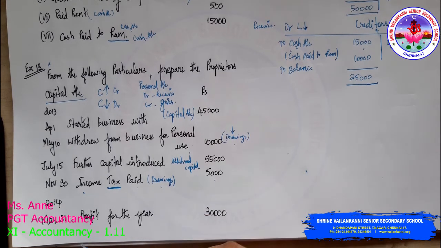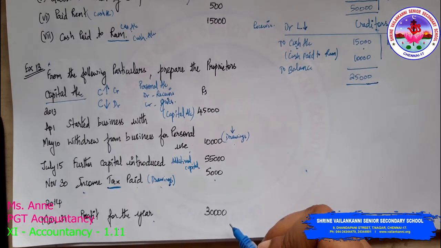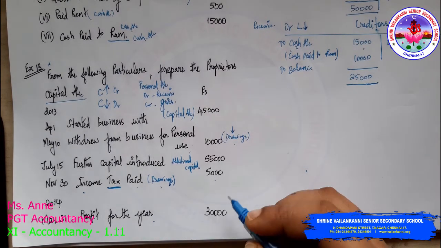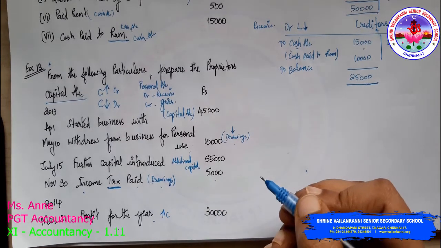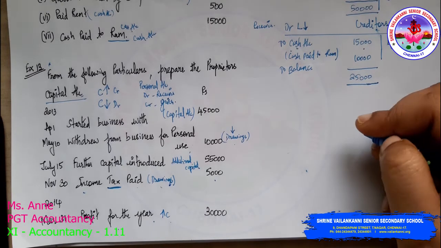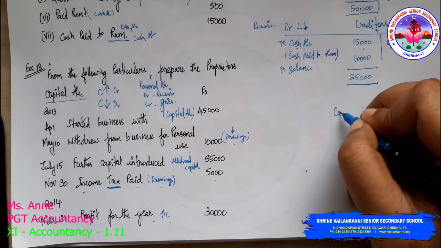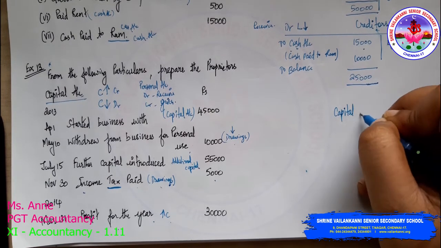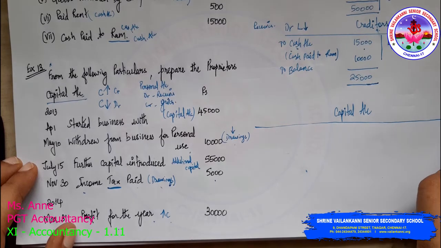Okay. Profit for the year 30,000. Now profit for the year will increase our capital. So this logic you should keep in mind. So I am just opening the capital account. Capital account. I will have a full-fledged